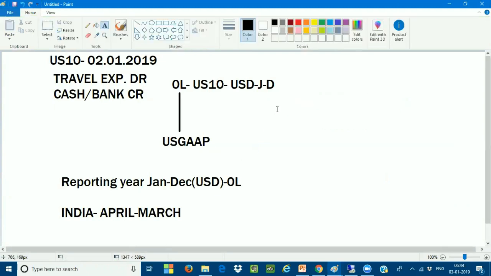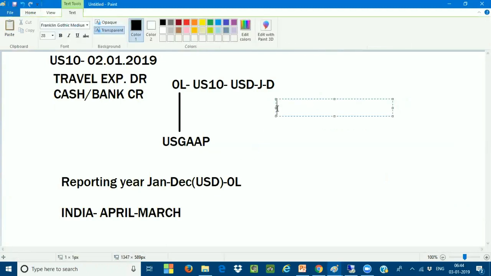Why? Because there is a consultant whose name is Rahul. Example I'm taking, Rahul. Actually he works for a company code called US 10. Very, very important concept. Now, on deputation, he has traveled to India.